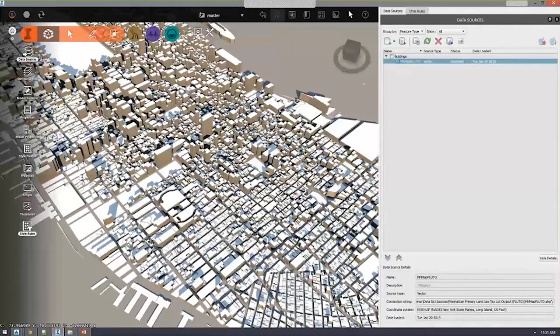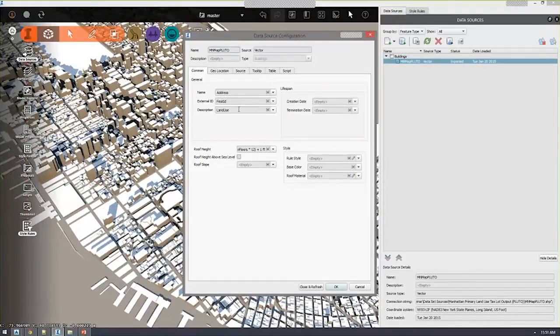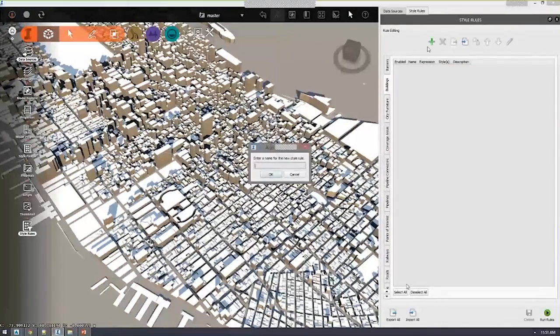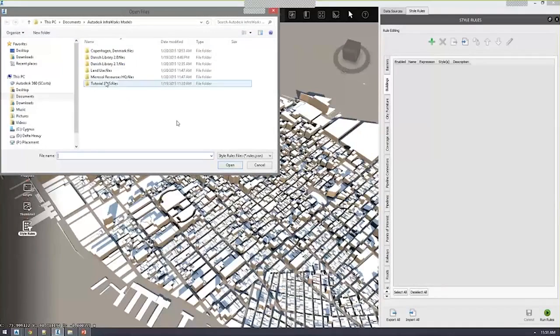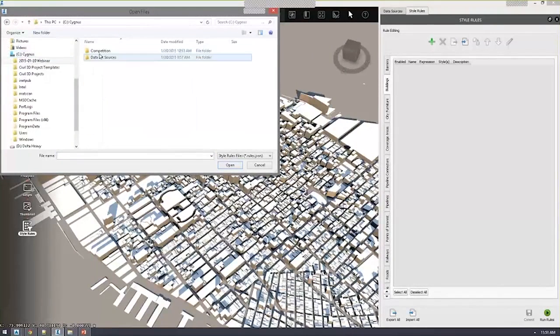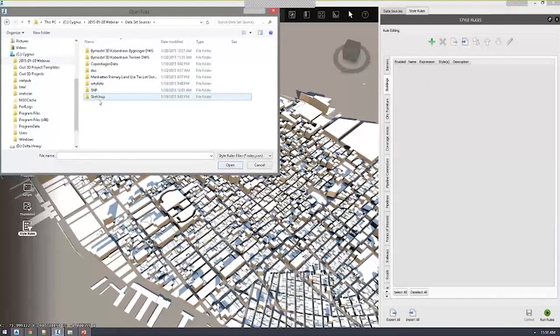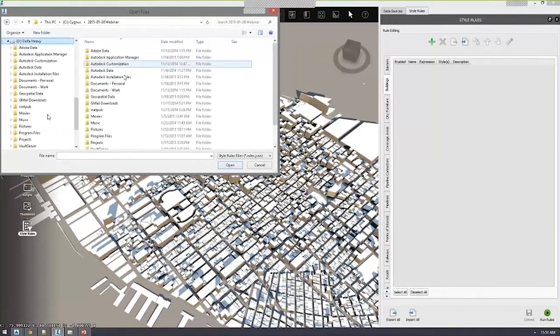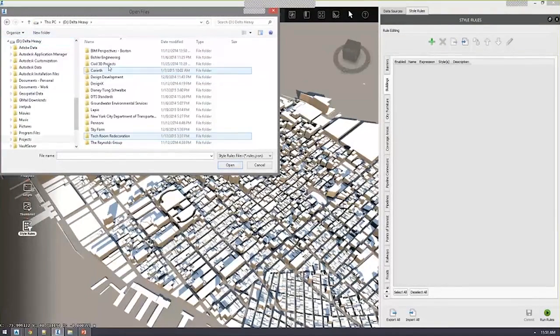Now, if you recall, I configured my description to land use. So it maps the description to a variable called land use that's pulling the data from the metadata in the shapefile. What I can then do is simply tell InfraWorks to import a series of rules that allows me to map the land use values